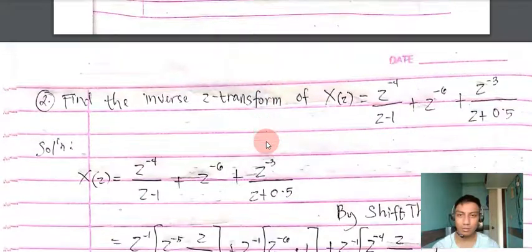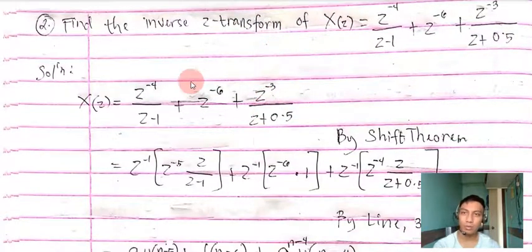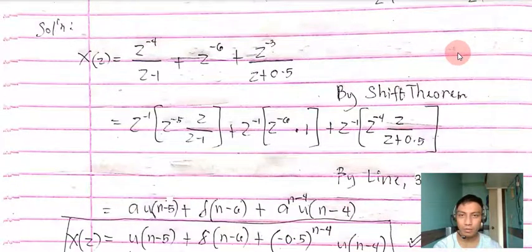So next, number 2, we're tasked to find the inverse z transform of X of z equals z raised to the power of negative 4 over z minus 1 plus z raised to the power of negative 6 plus z raised to the power of negative 3 over z plus 0.5. So for this function,